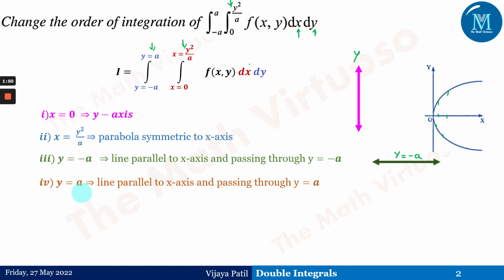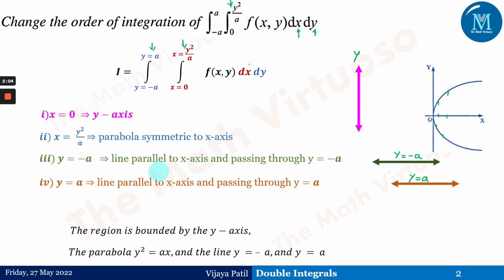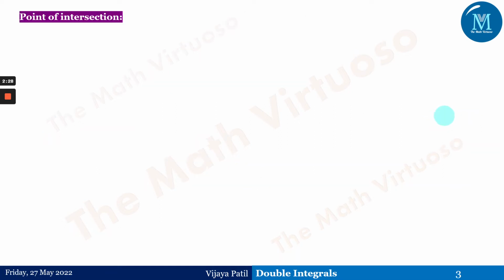Similarly, the fourth one is y equals a, which is a line parallel to the x-axis passing through y equals a. So y equals minus a to y equals a is the outer restriction for this curve. That means, in short, the region is bounded by the y-axis, the parabola y square equals ax, and the lines y equals minus a and y equals a. These are the four different curves we have to consider whenever we plot them in one graph. Before going ahead, we have to understand how these four curves will look on the graph,